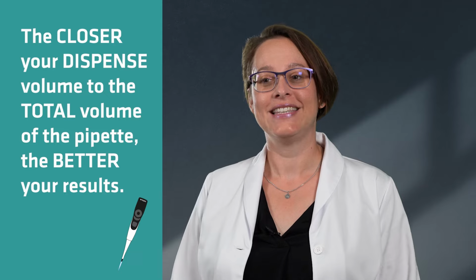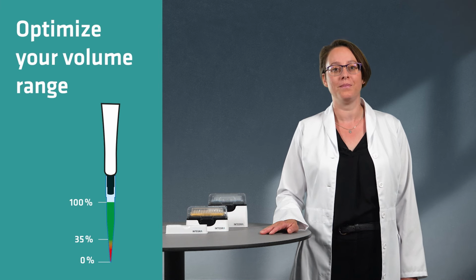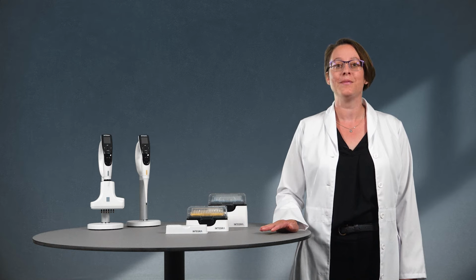be. So, if you have a 100 microliter pipette, you shouldn't use it for 10 microliter dispenses if accuracy and precision are important. Ideally, you should work between 35 and 100% of the full volume of a pipette. Below 35%, the volume of dead air in the pipette becomes quite large and the risk of inaccurate and imprecise